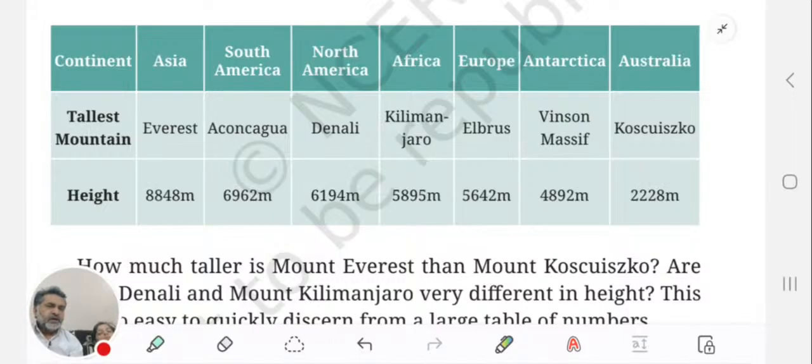Africa Kilimanjaro 5,895 meter. Europe Elbrus 5,642 meter. Antarctica Vinson Massif 4,892, and Australia Kosciuszko